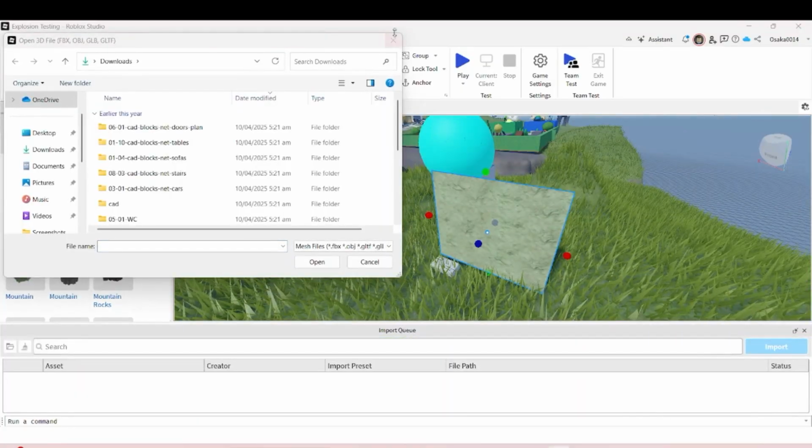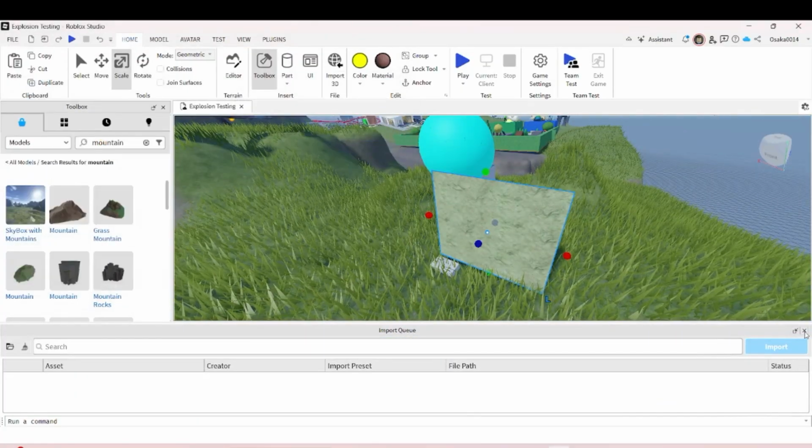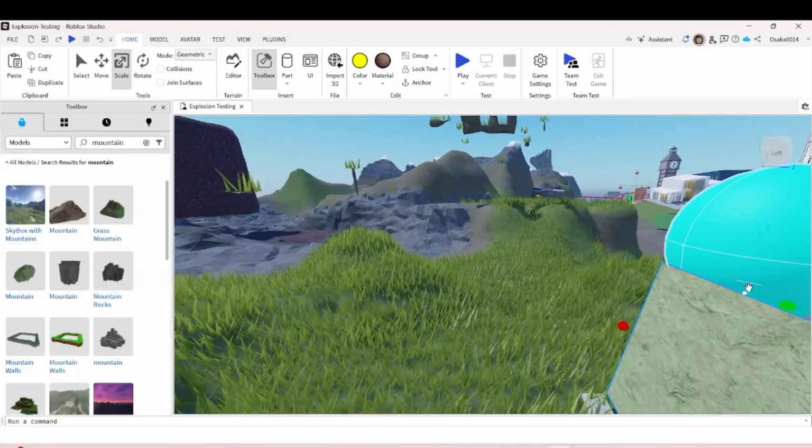3D import only works when you already have a file that has a 3D figure that can be imported into Roblox, and it can be imported by using that import 3D. As for the color, it is the way that you want the objects to be colored.